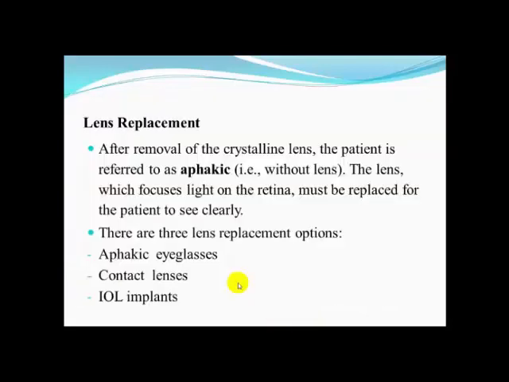ما شفنا التداخل الجراحي، نجي للينس replacement. After removal of the crystalline lens, the patient is referred to as aphakic, that is, without lens. The lens, which focuses light on the retina, must be replaced for the patient to see clearly. There are 3 lens replacement options، الخيارات باستبدال العدسة: aphakic eyeglasses، أي نقوم باستبدال العدسة بإن ما يحل محله هو